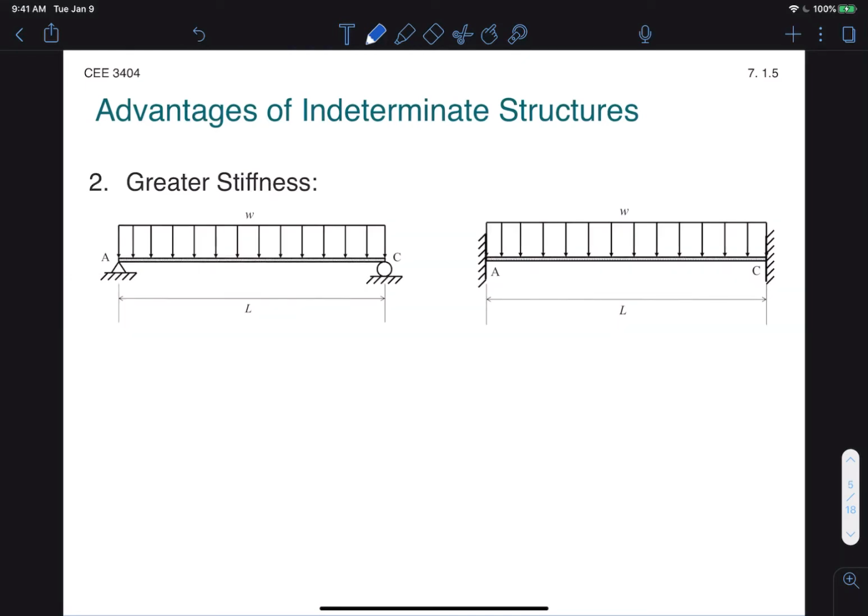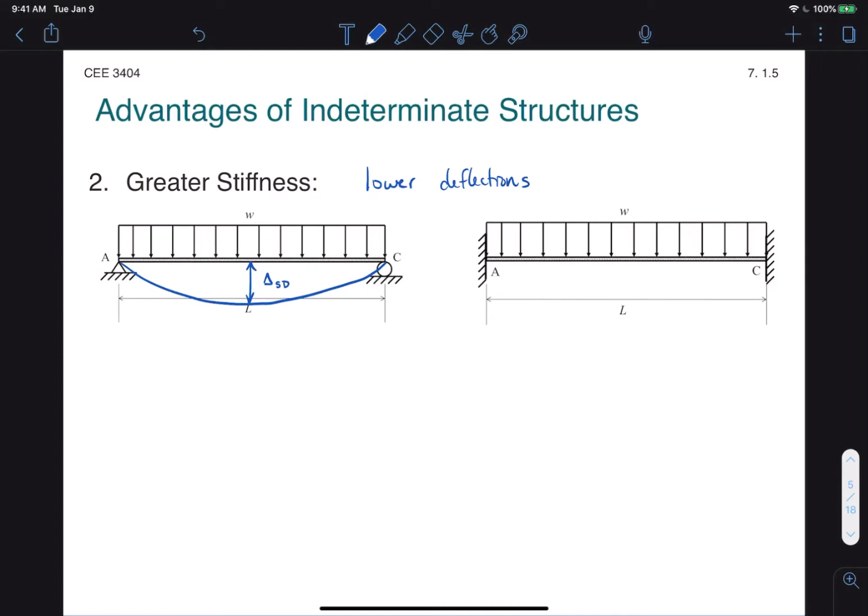in mind. A second advantage is in terms of serviceability, in terms of the deflections that the structure undergoes. So indeterminate structures also have greater stiffness, which means lower deflections. Let's look at what the deflected shapes would look like for both of these. For a determinate structure, the beam can angle on the support, so that it will actually allow it to sag down quite a bit, as we will see. And we'll call this deflection delta SD. For the indeterminate beam, the